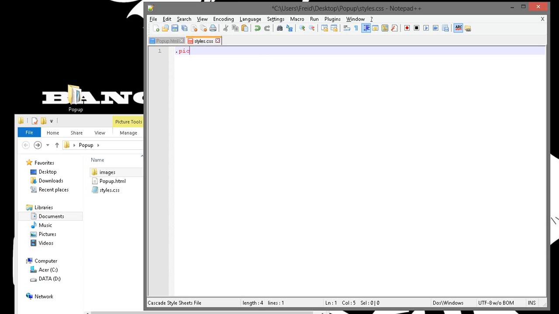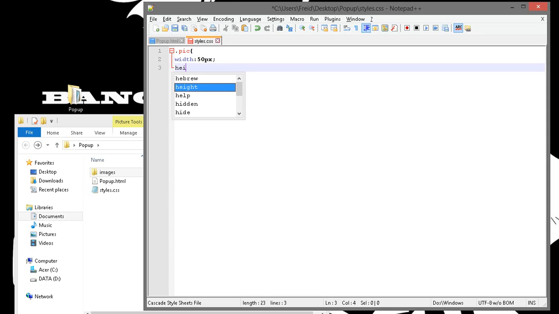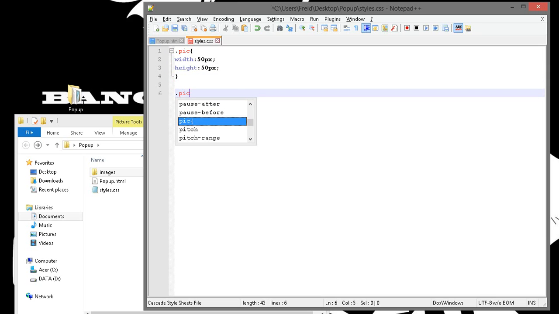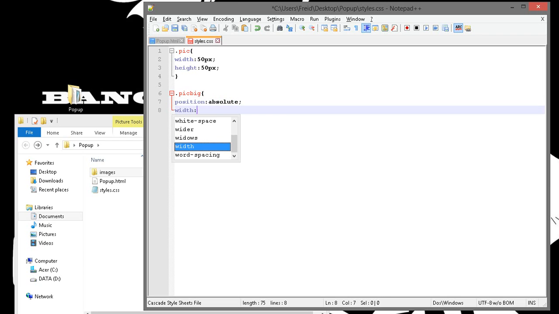Now just type in .pic, the size and the width and height of the small image. And the width, not yet, but now just type in position: absolute, width of 0 pixels,